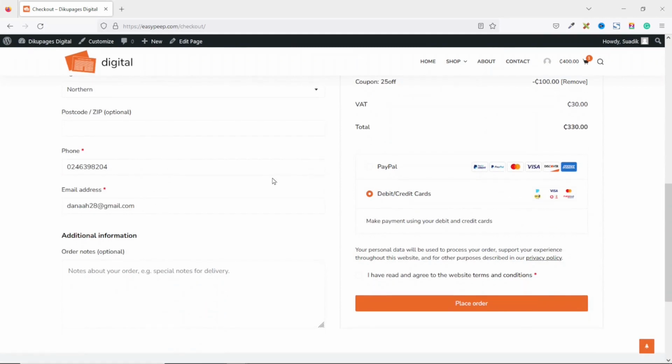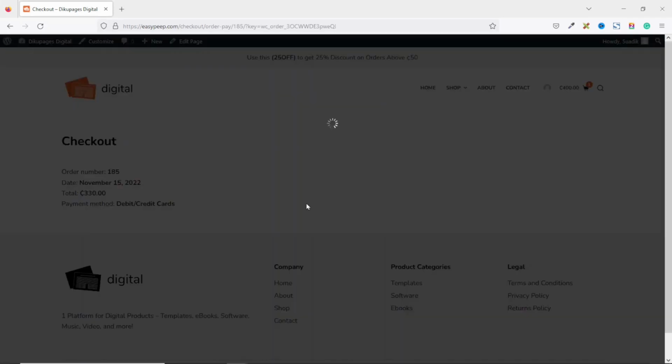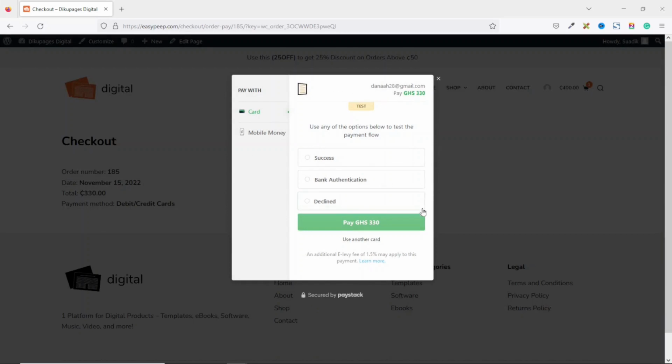a customer. Next, I choose my payment method, and I'll be showing you how you can integrate PayPal payment method onto your online store. And I will as well show you how you can add card payments onto your store. So if I select debit or credit and accept the terms and conditions of the store, then I go ahead and place order. Your customers will get this pop-up from the payment gateway I will be showing you how to